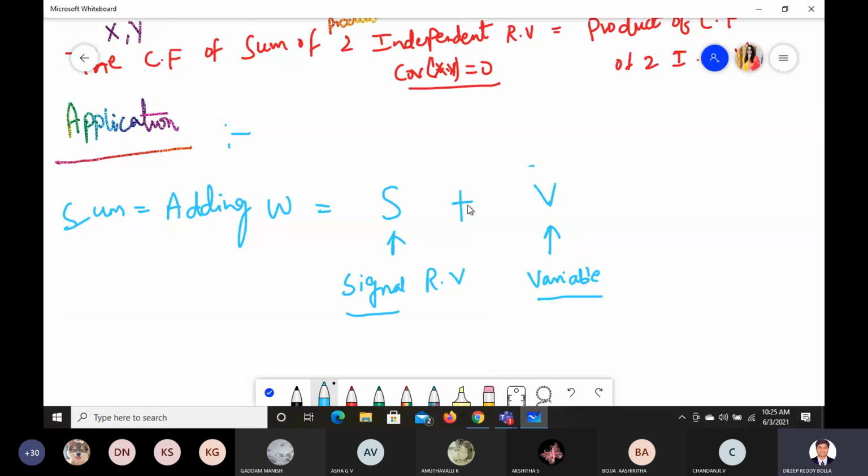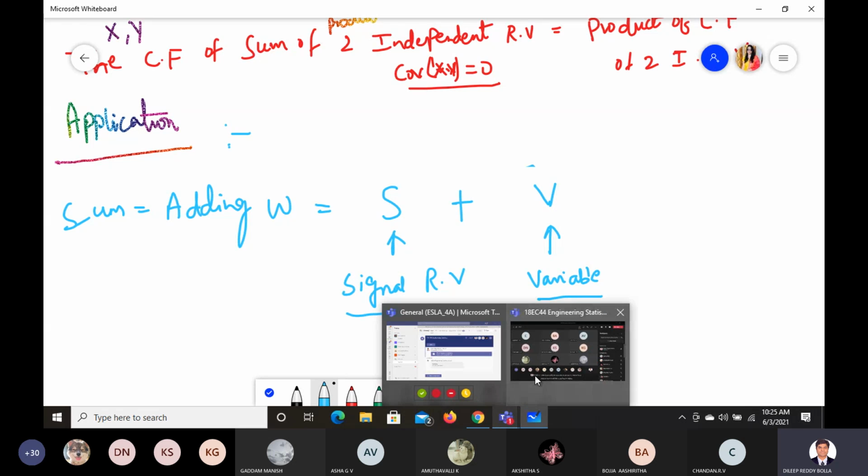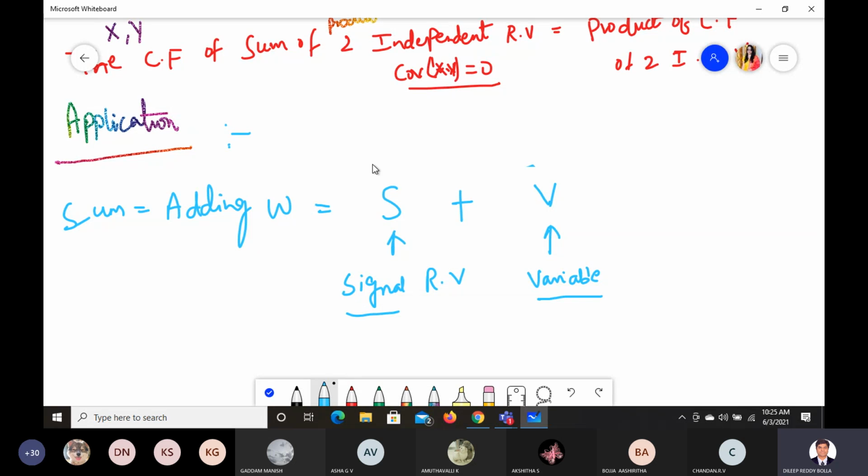Let us say noise is not useful for us, correct? So we have to remove it. But what we have to add: let us say you listen to music. What will happen to music? Let us say I am talking, that can be an audio, and someone is playing in the background. Some more variables can be a musical instrument, and this variable can be a background score, BGM, background music we call it, or this variable can be chorus singers.